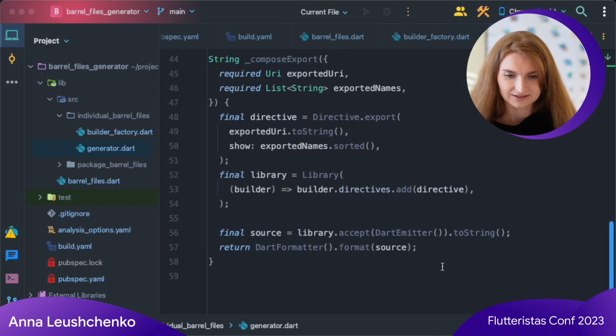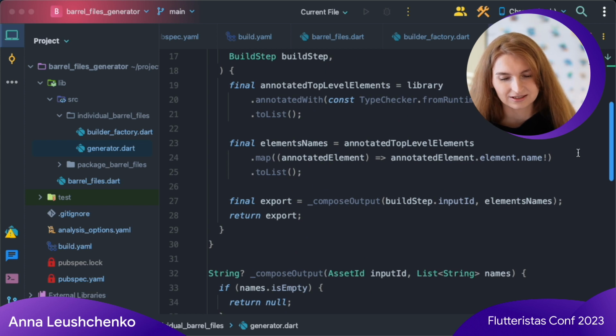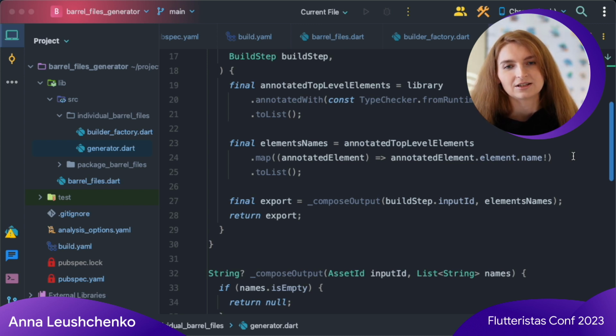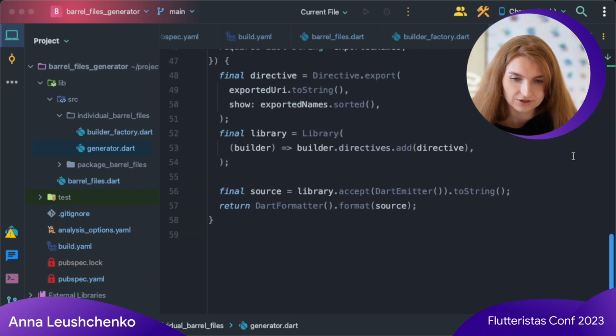The error is caused by this exclamation mark I applied to the annotated element name. And clearly, due to the nature of my annotation and the approach I took to make individual code elements visible with the show directive, my code requires some name to be present, and annotating an unnamed extension leaves me no choice but to throw an exception. For these situations, the SourceGen package offers a special type of exception, invalid generation source error, that may be thrown by generators during the generate method.